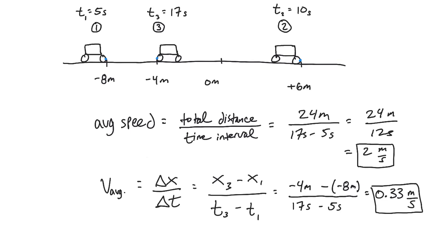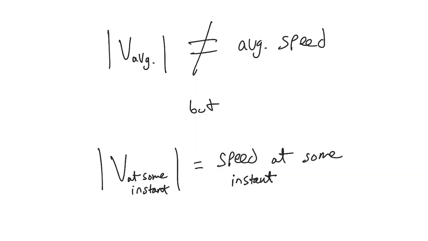Like, imagine you went really far in the positive direction for a long time, and then you went in the negative direction just a little bit for a short amount of time, and you ended up way over in a positive position. Well, then your average velocity would be really positive, since most of the time you were moving in the positive direction with some speed. But if you're going back and forth about equally, you get numbers close to 0, and they can really not provide that much meaning in terms of how fast you're going. So just watch out for that when you're reporting and understanding what the average velocity is.